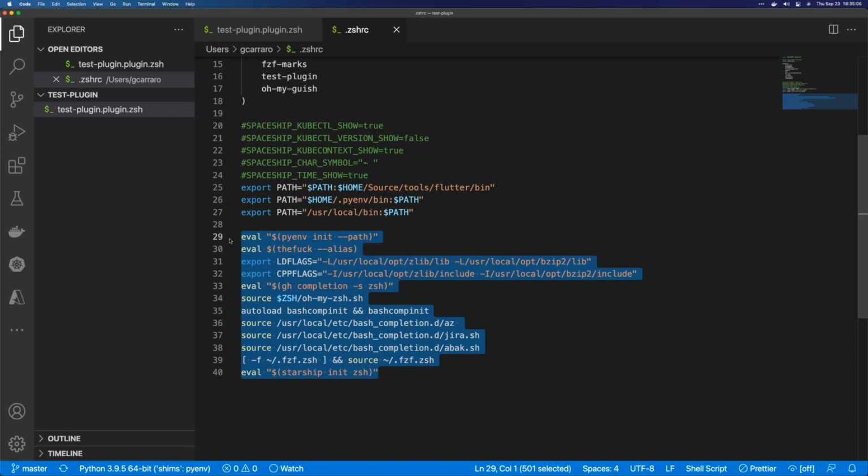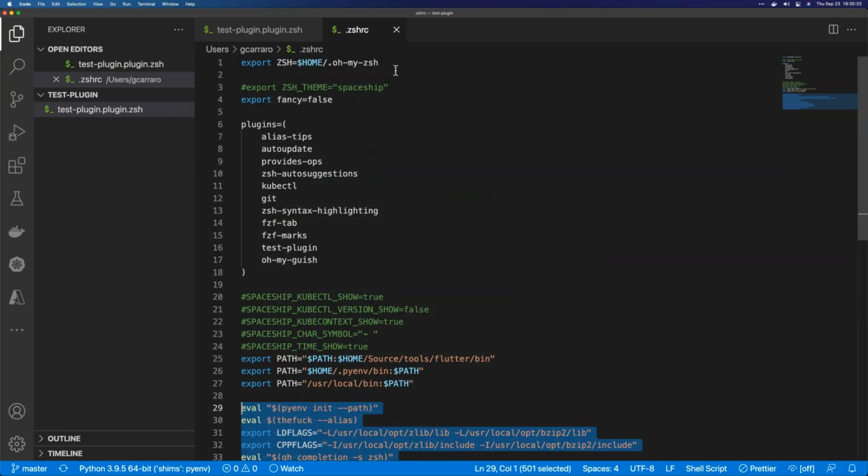Oh My ZSH is, I'm not going to say that it's software because it's not. It's just a bunch of scripts that are loaded into your profile, sets up some variables that run once you actually load the plugin from this array. So all it is really is just a group of scripts to help you to grab plugins. Do you need Oh My ZSH to work? No. You could potentially just source all of those scripts yourself,